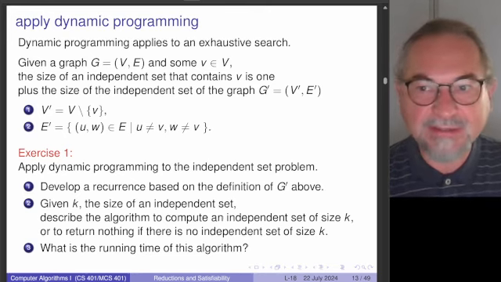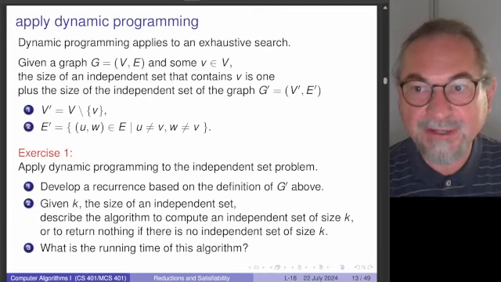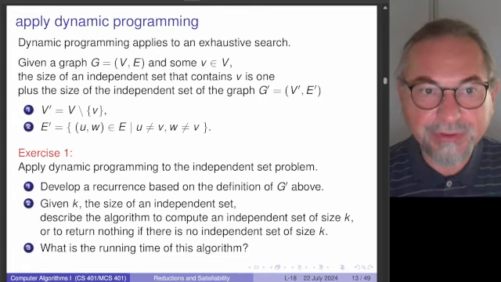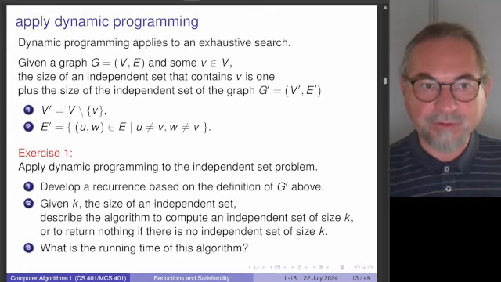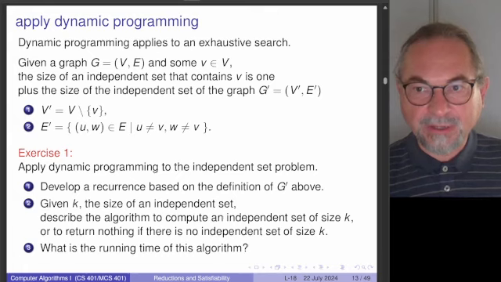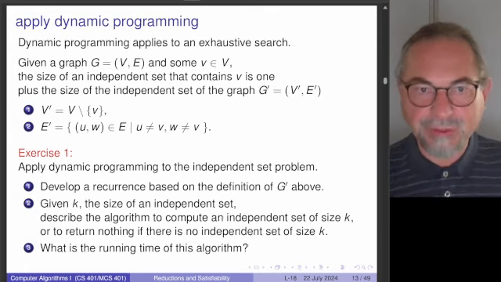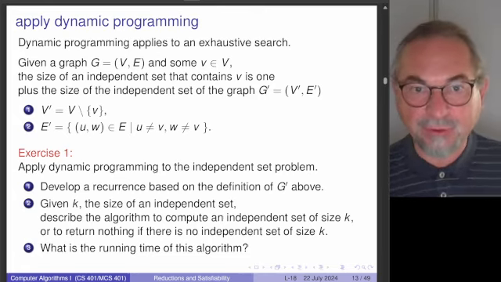Finding an independent set can be done by an exhaustive search, and dynamic programming applies to organize an exhaustive search. So here is the relationship between the complete problem and the sub-problem. You take your graph and some vertex, and then you reduce the problem to removing that vertex from the graph, which means removing it from the vertex set, and also removing all the edges that contain that vertex. So there is G prime that is now completely disconnected